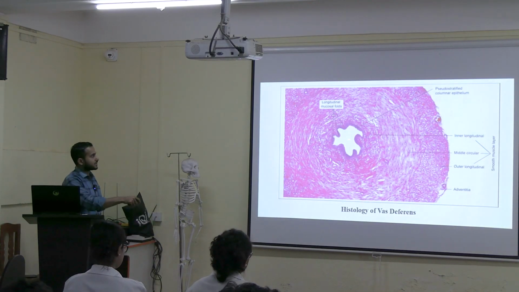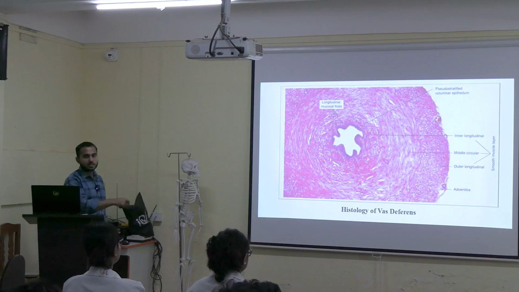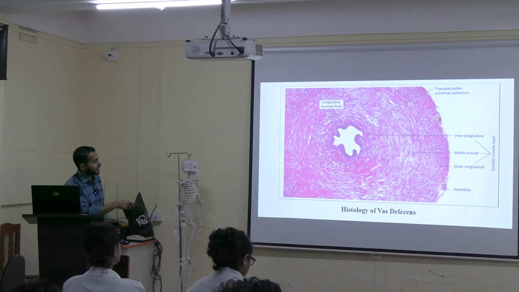Okay? So what is this? Star-shaped lumen. Okay? Next, this is the lining epithelium. Pseudostratified columnar epithelium with stereocilia. Okay? Next to that, we are getting the lamina propria, and then this entire part is made up of muscle